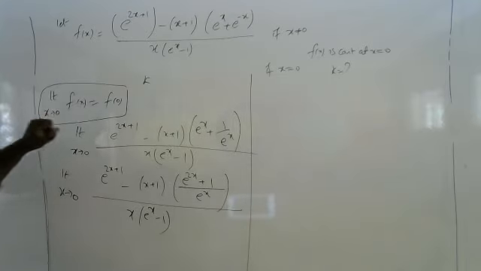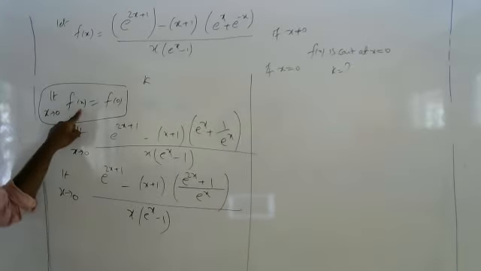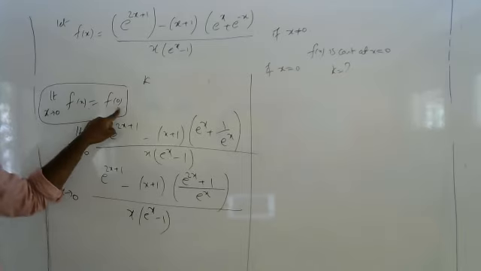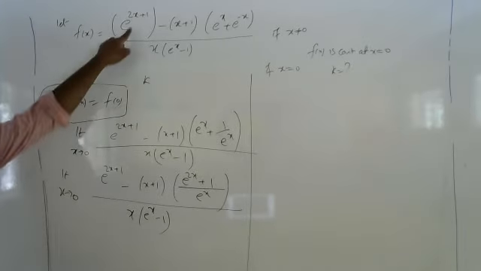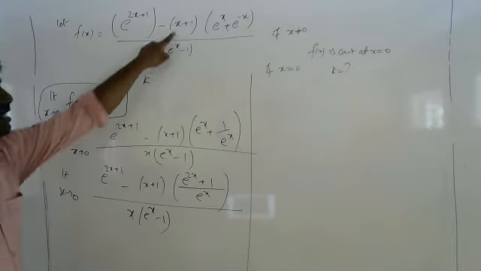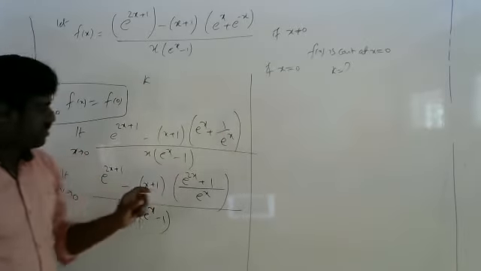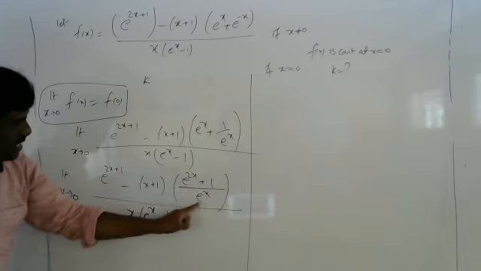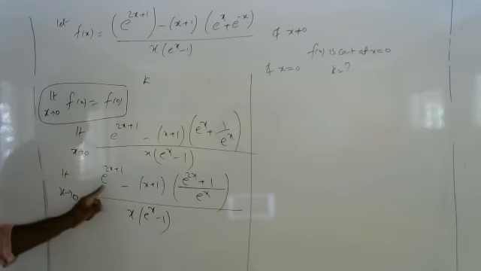what I do here to find the k value, limit x tending to 0 of f of x is equal to f of 0. Okay, limit value is equal to functional value. Limit x tending to 0, I wrote here e power 2x plus 1 minus (x plus 1). E power minus x, I wrote as 1 upon e power x. The next step here, I did LCM. So e power 2x plus 1 I got. Okay, fine, till this is clear?